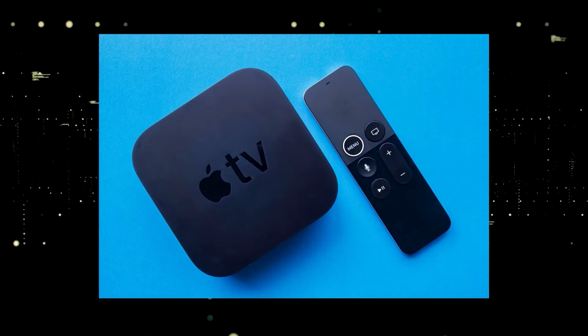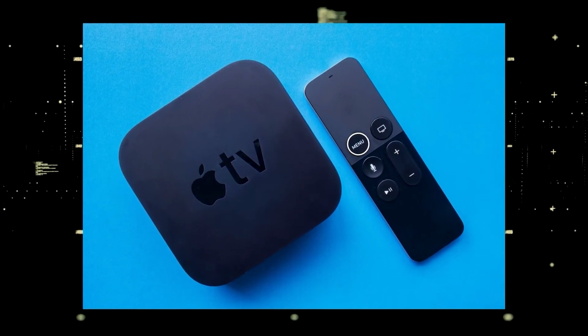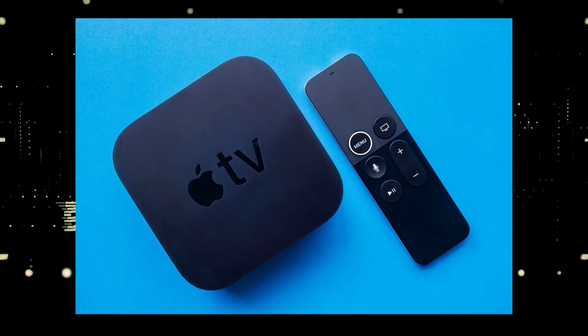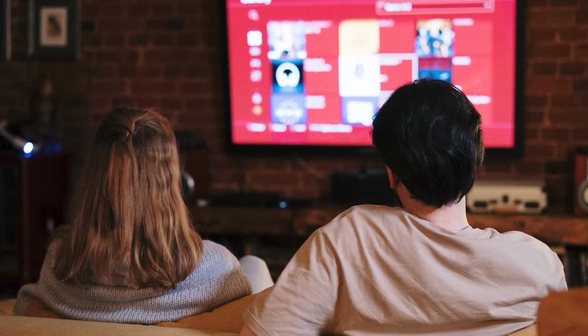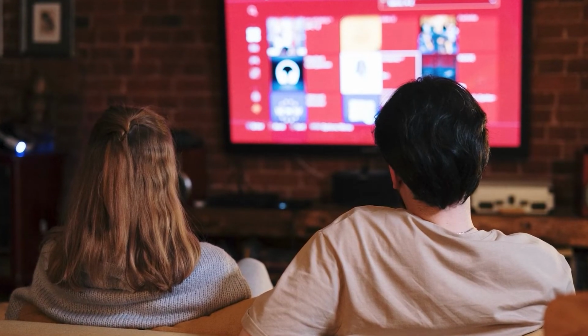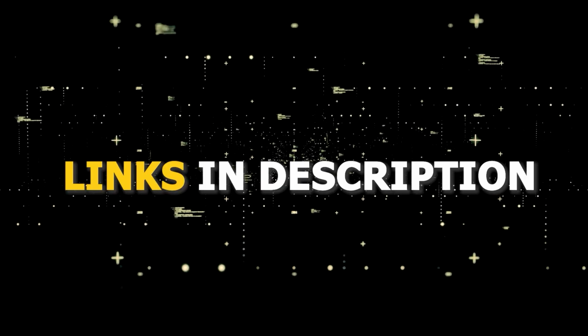If you want to spend a little more and get a more robust device that gives you a few more options, then take a look at the Apple TV 4K. All these devices plug into the HDMI port on your TV, no matter how old it is, no matter what model it is. I've had great luck with all these streaming players,